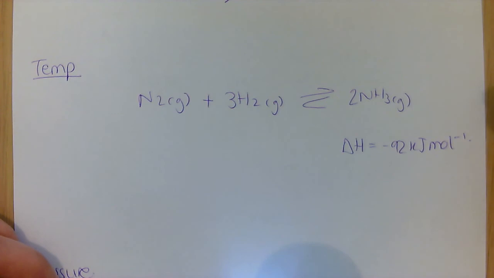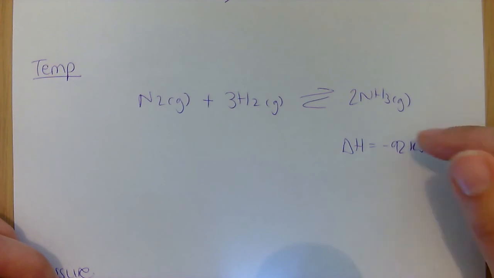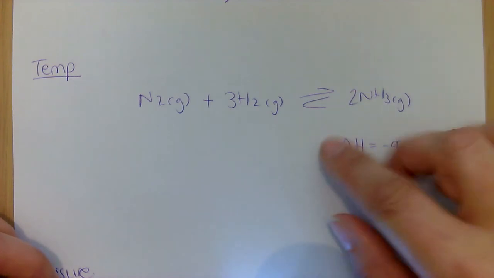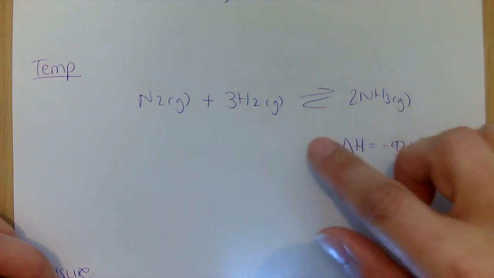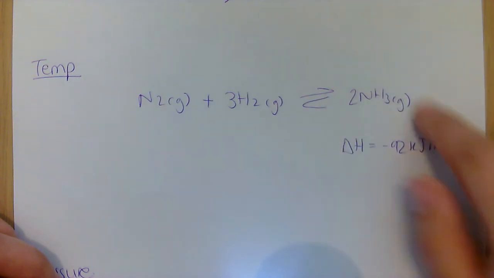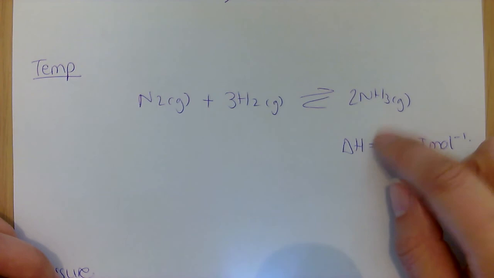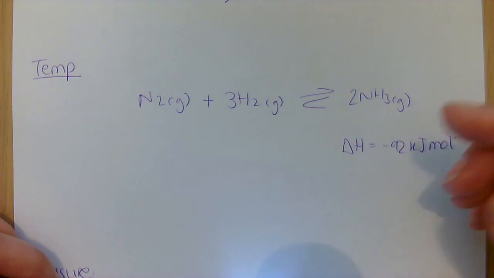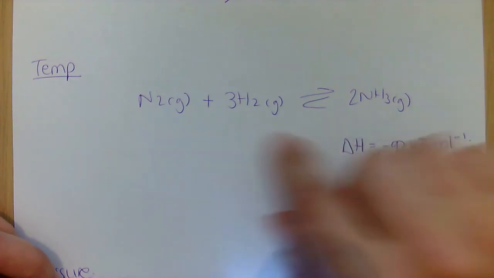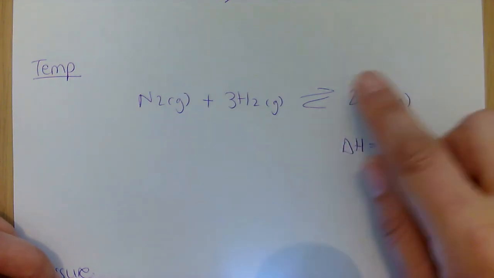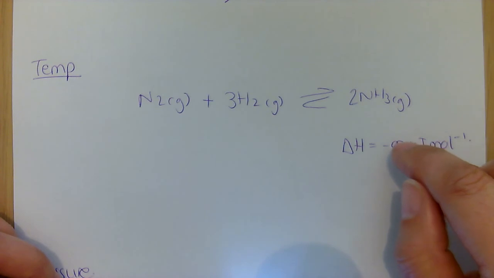Now there's an interesting point here, because if you look at the reaction conditions for the Haber process, you'll see that in theory you would want to do this at quite a low temperature, because the lower the temperature, the greater the yield of ammonia will be. However, if you think about rate of reaction, what will happen to the rate of reaction at a lower temperature? So it'll be slower. So although decreasing the temperature will increase your yield of ammonia, it'll happen at a ridiculously